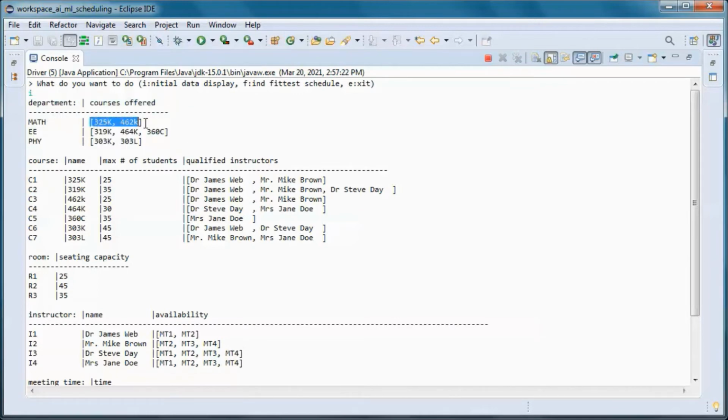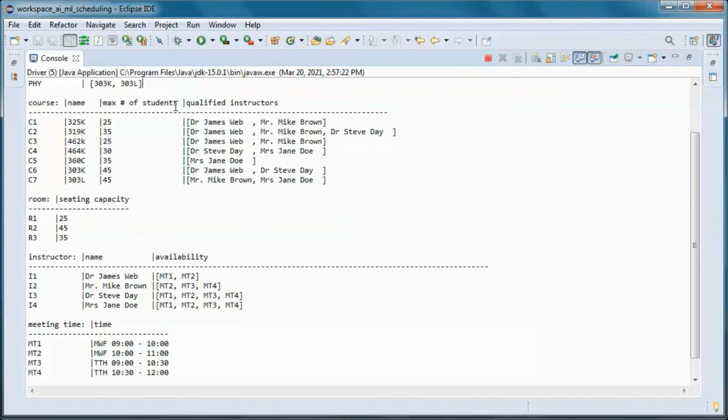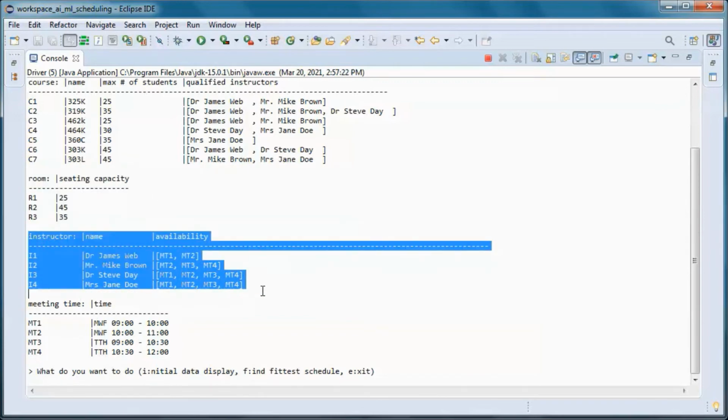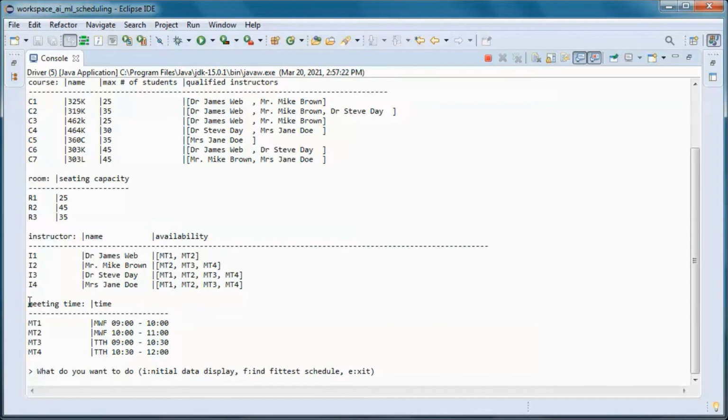This one offers 2 courses, and this one 3, and this one 2. And here we have the courses, the maximum number of students for each course, and the qualified instructors for each one of them. And we have 3 rooms with their seating capacity, and 4 instructors. And those are the meeting times available.